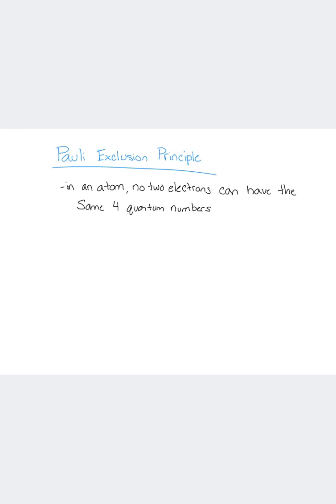In other words, this means that no two electrons can be in the same state. They can't be in the same condition, they can't reside in the same orbital, in the same area inside of an atom. This might be a little bit abstract, but to try and understand this better, we can use our